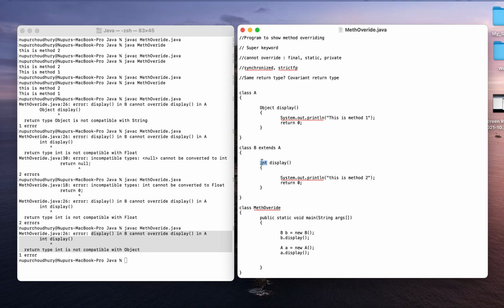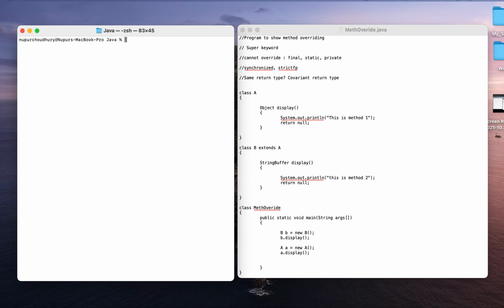Now let us check for StringBuffer. If I am using StringBuffer, I will use null here, and here also I will use null. Now I'll compile this, and it is getting compiled.